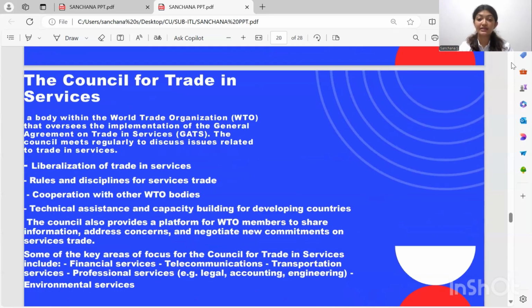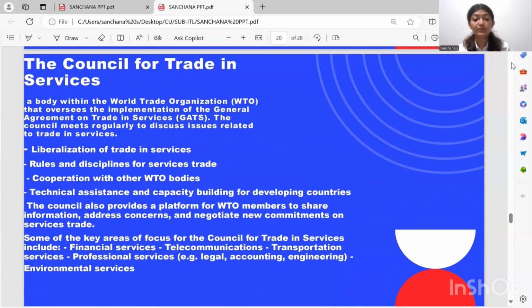The Council for Trade in Services is a body within the World Trade Organization that oversees the implementation of the General Agreement on Trade in Services. The council meets regularly to discuss issues related to trade in services. So: liberalization in trade in services, rules and disciplines for service trade, cooperation with other WTO bodies, technical assistance and capacity building for developing countries. The council also provides a platform for WTO members to share information, address concerns, and negotiate new commitments on service